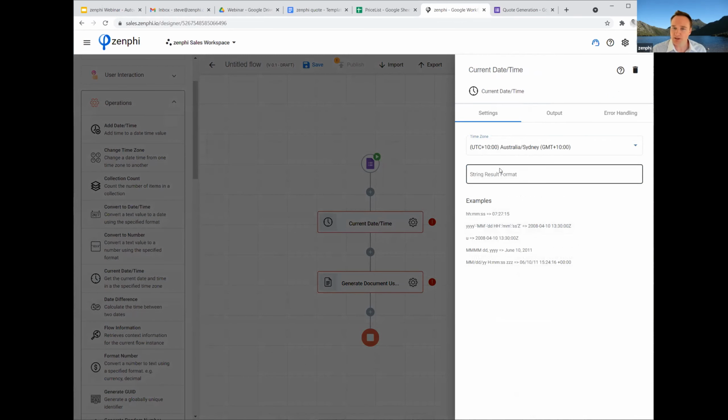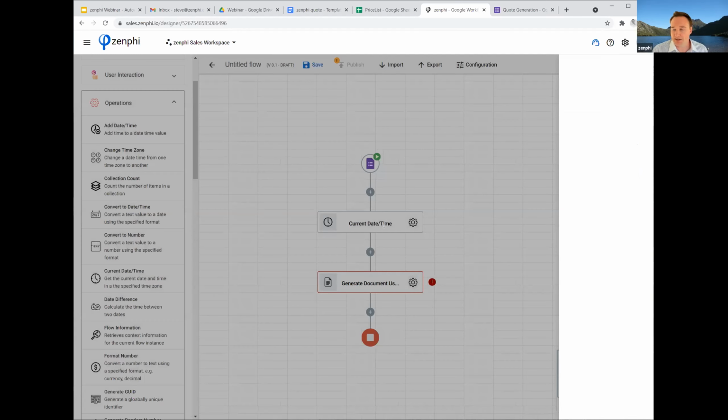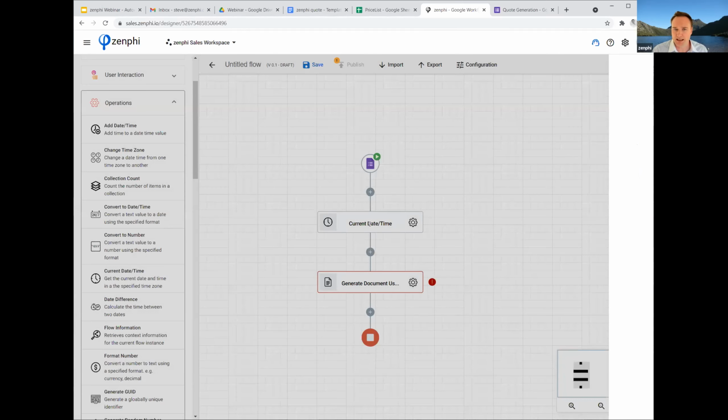And what I can also do here is put in a format string. So I'm actually going to format this date with day, month, year, because that's what I like to see. And that's going to give me access to the current date and time. And for the